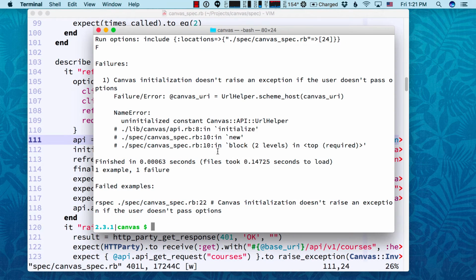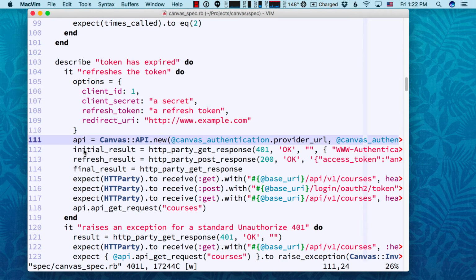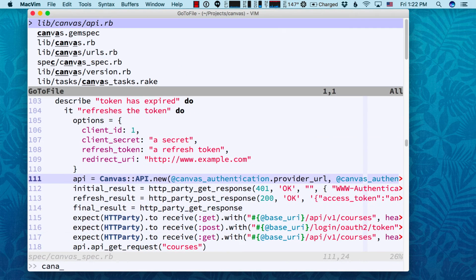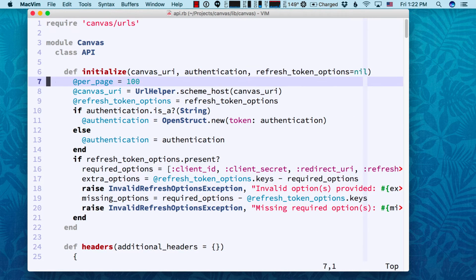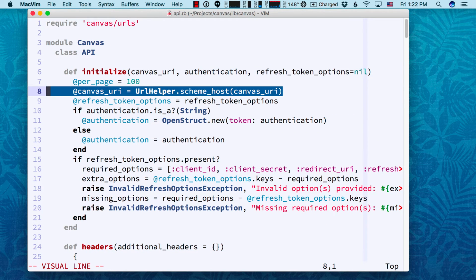Making progress. We've got another dependency. This is kind of a sticky one. URLHelper is a helper defined in the LTI starter app that does some URL manipulation for you. We need to make a decision because in the Canvas RB, CanvasAPI, sorry, one of the very first things it does is say, okay, we need to normalize this URL. You can either pull in URLHelper and make it part of this gem, which I don't recommend because it's not